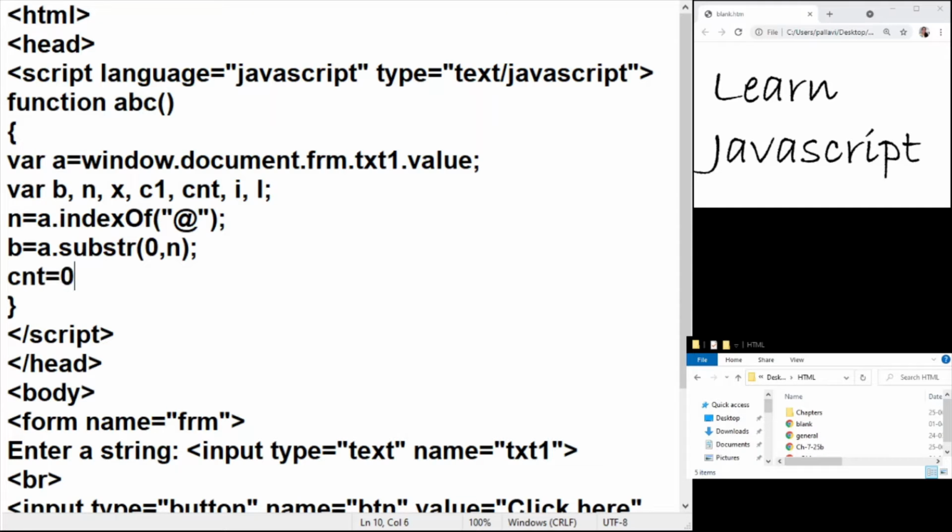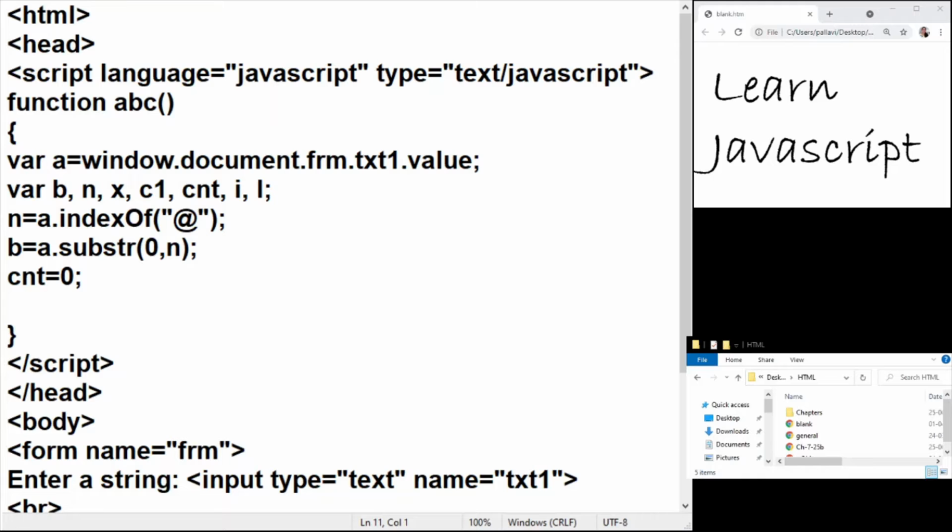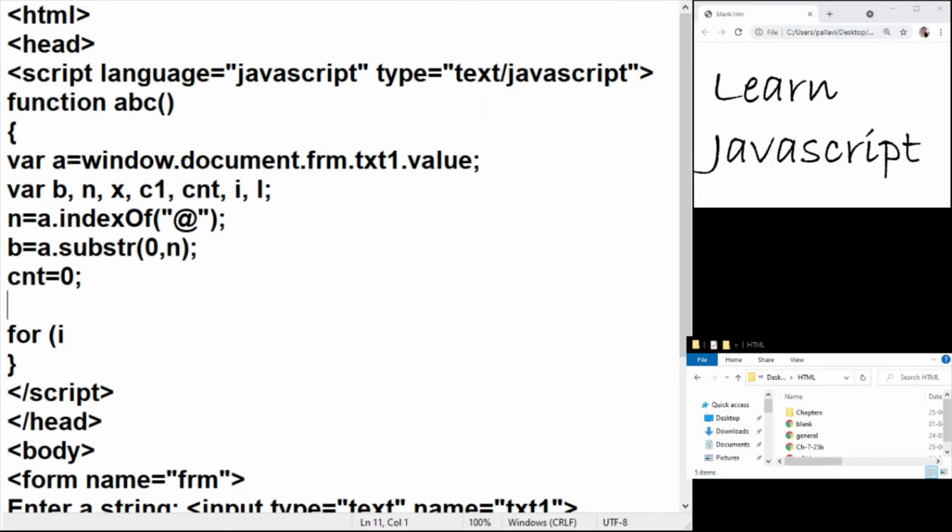Now, assuming that nothing is correct, we are taking the counter value as 0, and as we loop through each of the string characters, if we encounter a correct character, then we will add 1 to the counter. Okay, so here's going to be my for loop. Now I will not include the first character because the first character will be accounted for in C1. So I'm extracting the first character here, and it has to be an alphabet. So let me skip it from the second and onwards character, checking where they can be any alphabets, digits, or underscore, which makes it easy for us to write the coding.